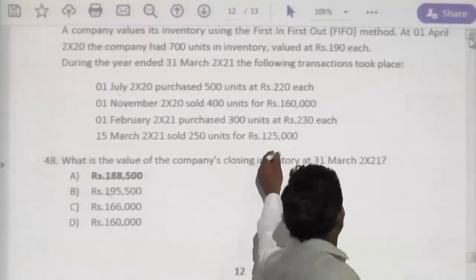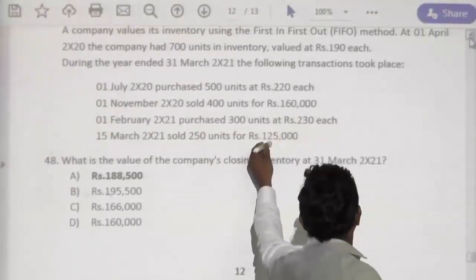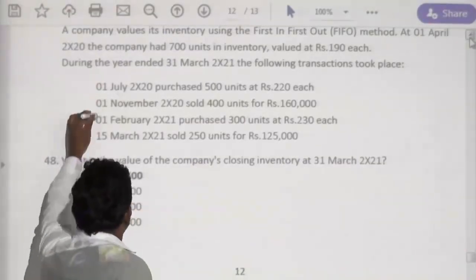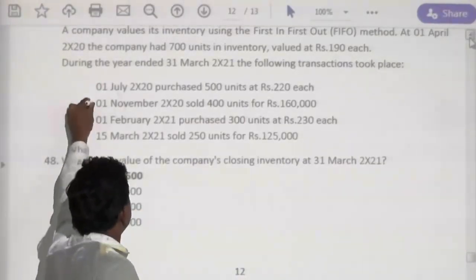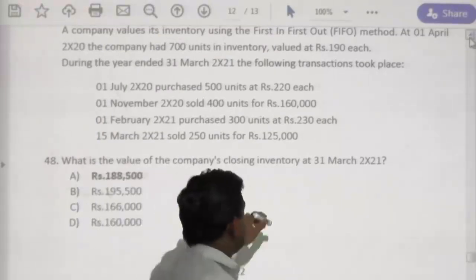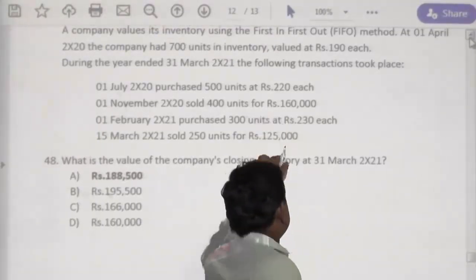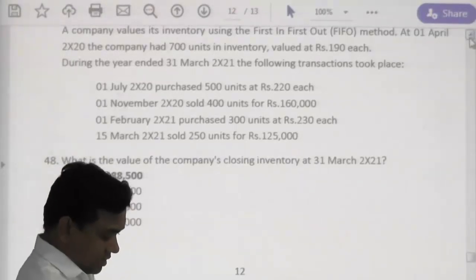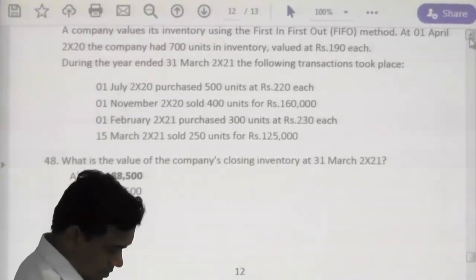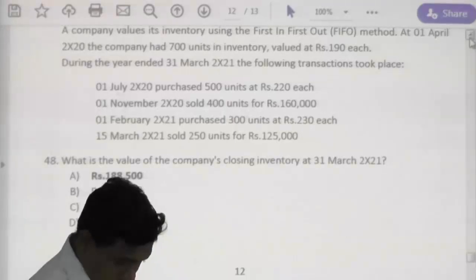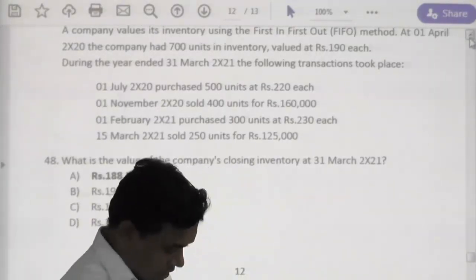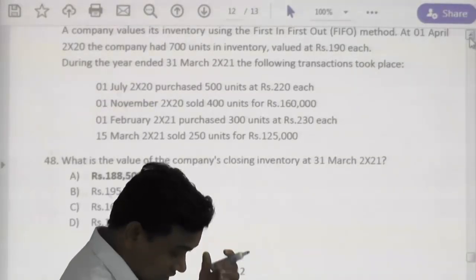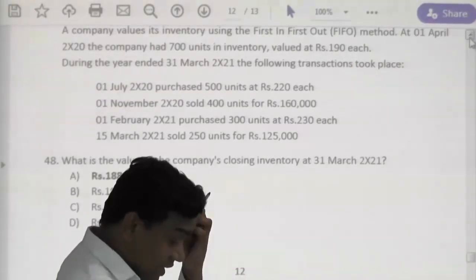Therefore total sales price 160,000 and 125,000 only. These are the sales prices, 160,000 plus 125,000. Then total sale value during the period